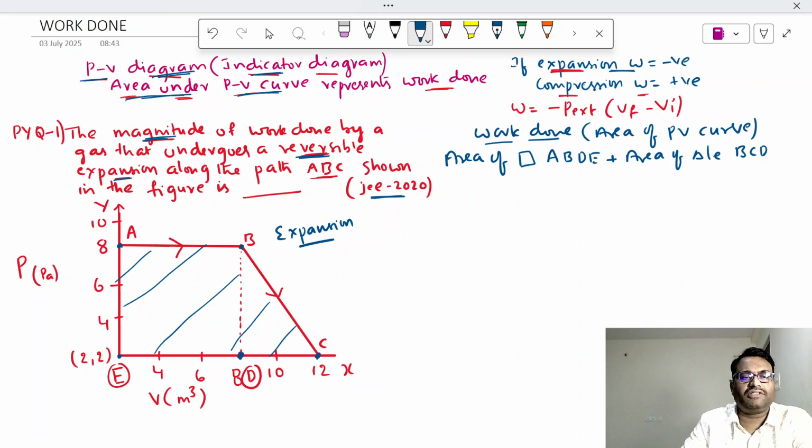The area of a square is given by a square, where a is the side. So one of the sides is pressure. Pressure has moved from 2 to 8; initial pressure is 2 Pascal, the final pressure is 8. So 8 minus 2 Pascal